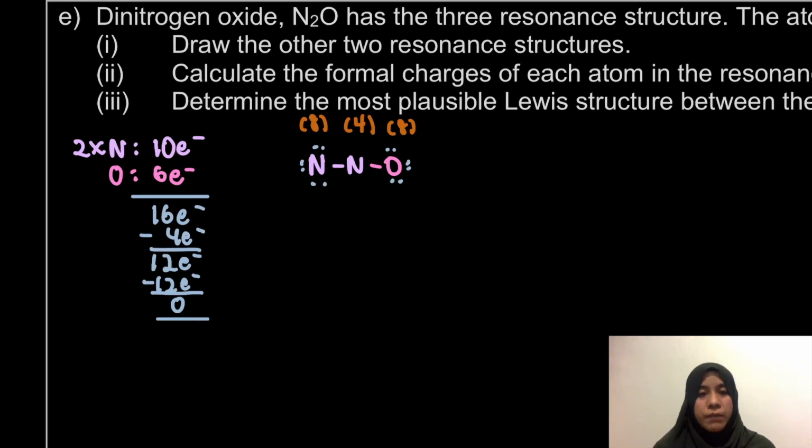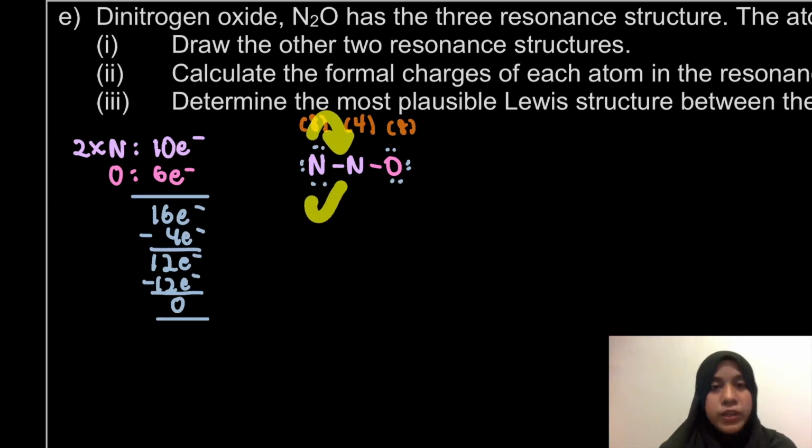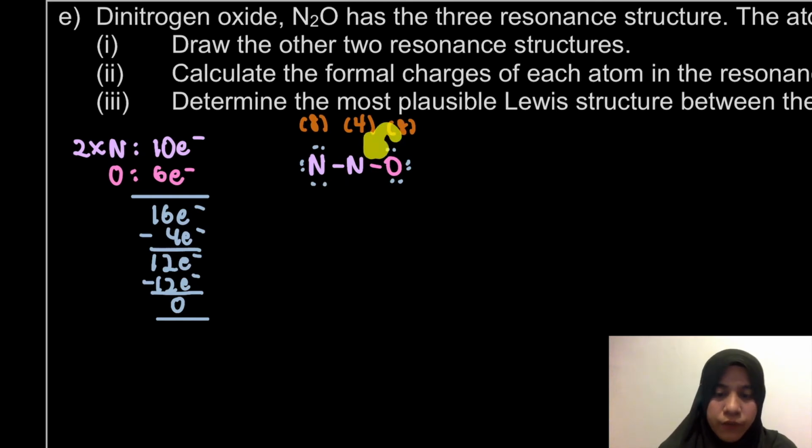Okay, so what happened is that, our oxygen ni akan share lah. It could be first possibility, nitrogen ni yang share both of the lone pair dia. Next the oxygen ni share both of the punya lone pair. Or each of the nitrogen and oxygen ni share dia punya lone pair. Okay, so the first one,